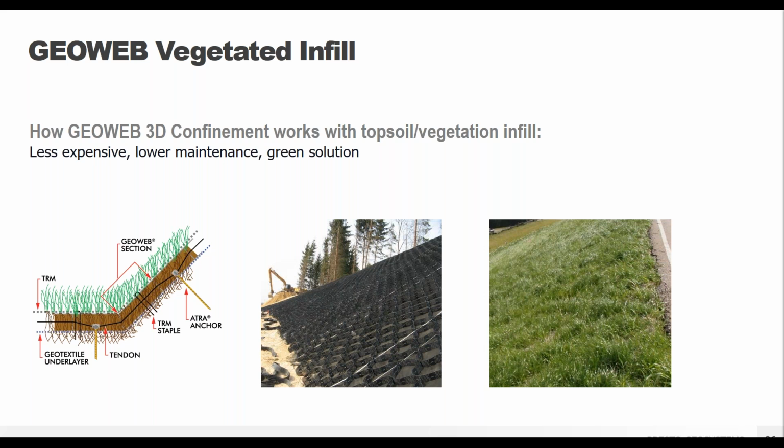You can either just let everything grow, let it grow wild, or if you do want to mow it, a standard lawnmower or any of your standard lawn maintenance equipment is going to be fine. The blade is not going to tear up the GeoWeb system or anything like that. So as long as the slope is shallow enough that you can ride a tractor or a mower over it, you can mow this just fine. No special requirements needed.